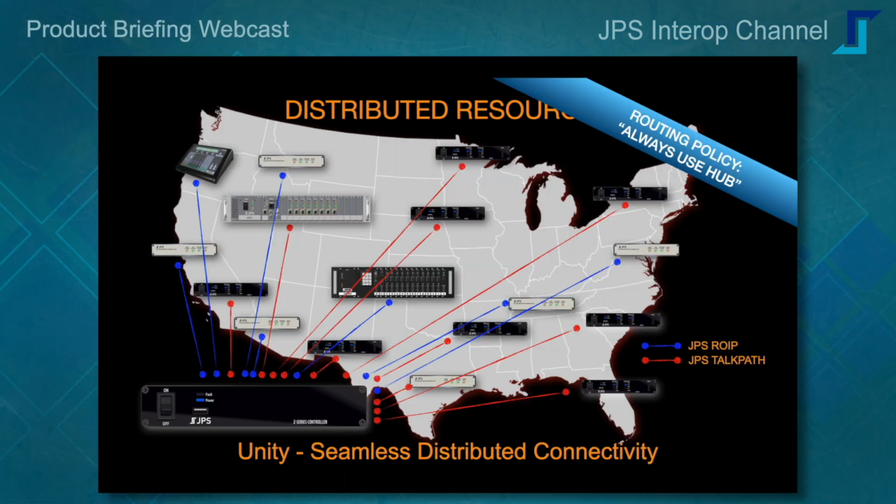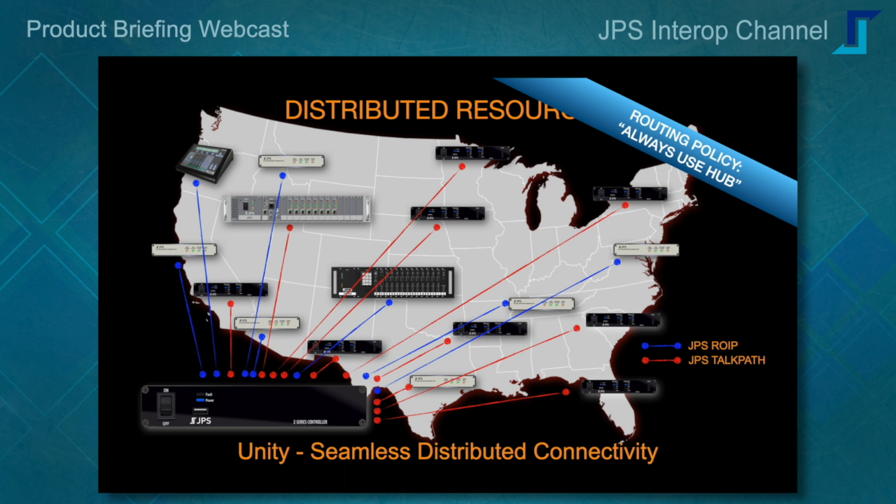And what a routing policy does, it allows us to manage how the RoIP is shared over the network. And here's an example of a routing policy called Always Use Hub. If I look at that Z-Series controller on the bottom left, that's acting as a hub. And as you can visualize that being a hub on a bicycle wheel, we can see the RoIP spokes associating to the remote gateways. And in this routing policy, we can take the RoIP information through our definitive RoIP links